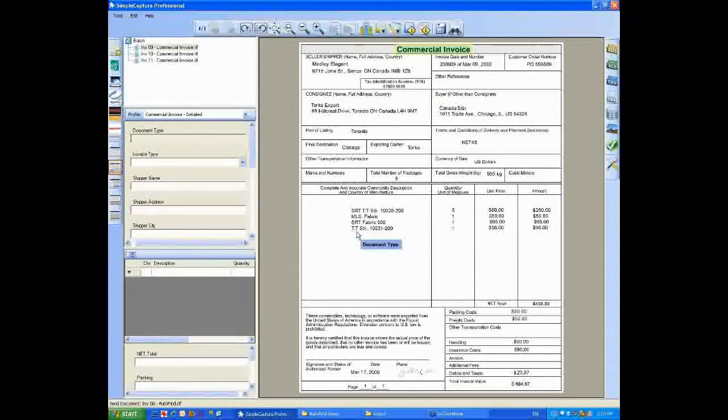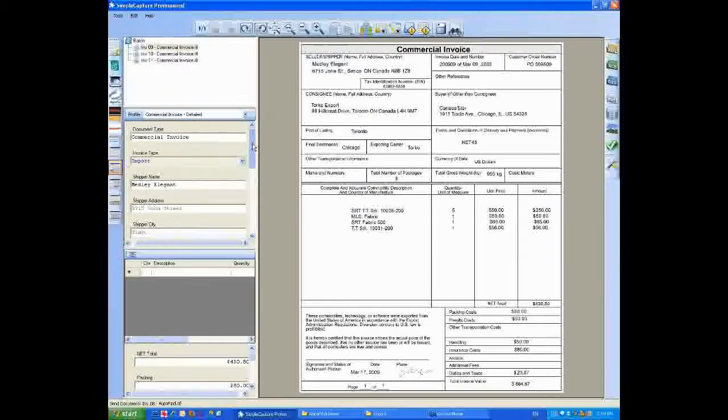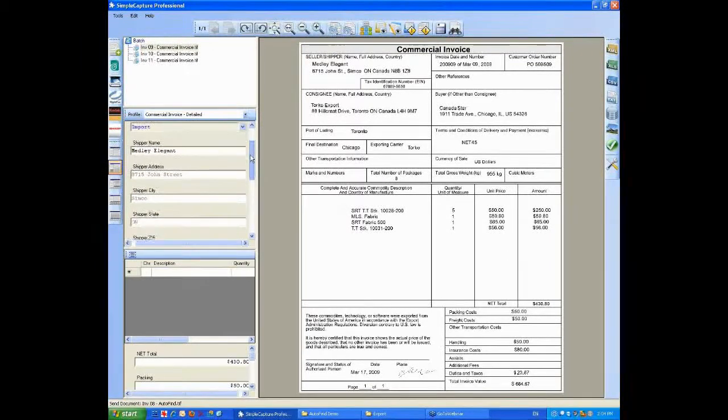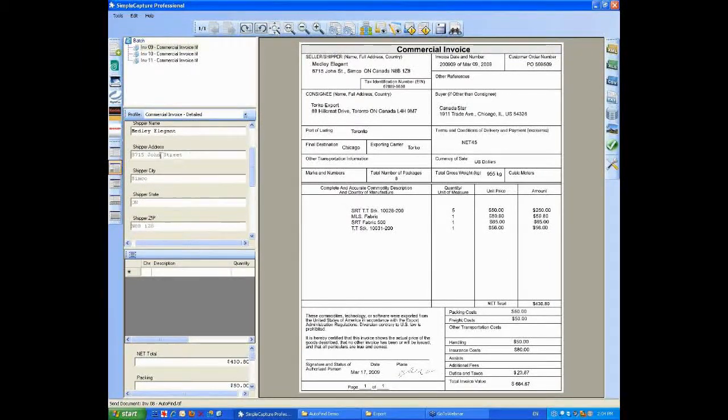Okay, everything is processed. Now on this commercial invoice, it's just a few features combined on one document. It shows us an alert that it was able to recognize this document. I'm going to push the F3 button, and as you can see, it was able to extract some information. I'm going to just put in the invoice type, and let's see. We have information